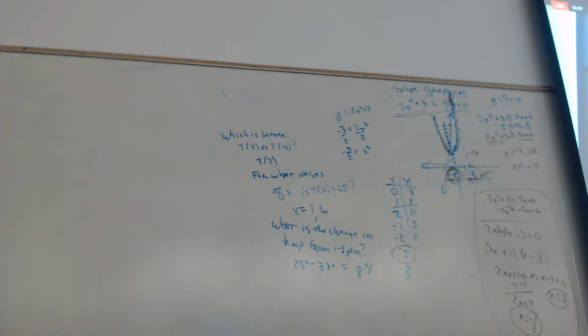x cubed plus 6 equals 2x squared plus 5x. I'm going to ignore that the book says solve that graphically. We're going to solve this, okay? So,